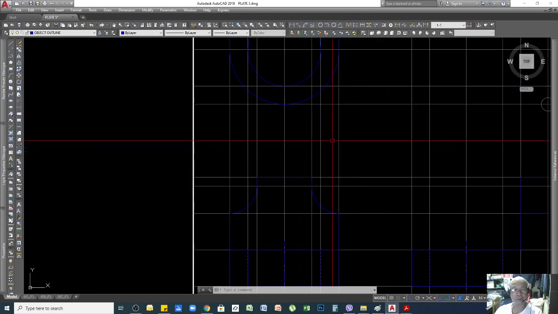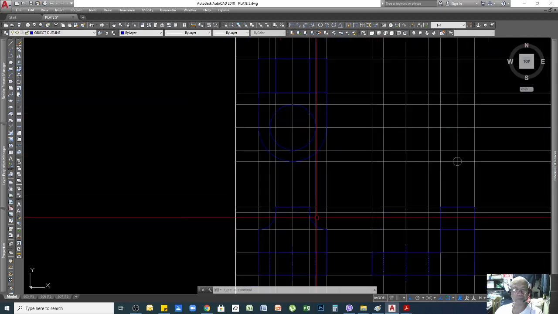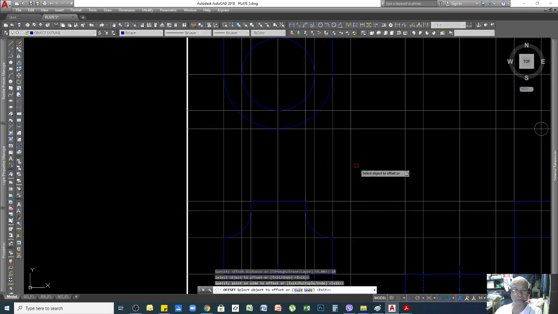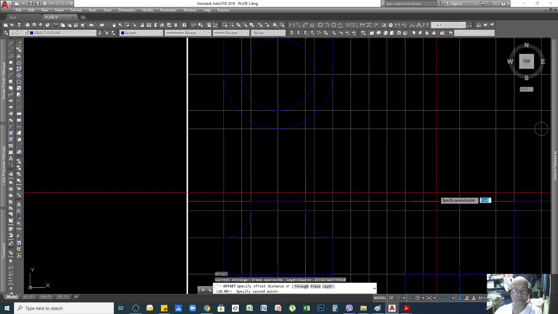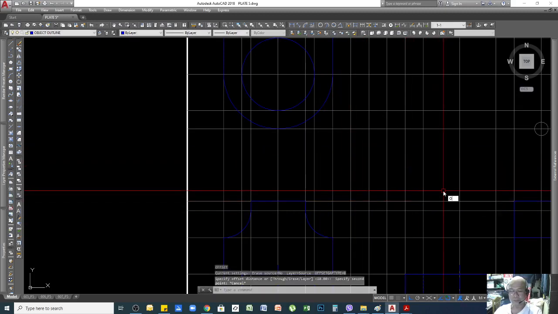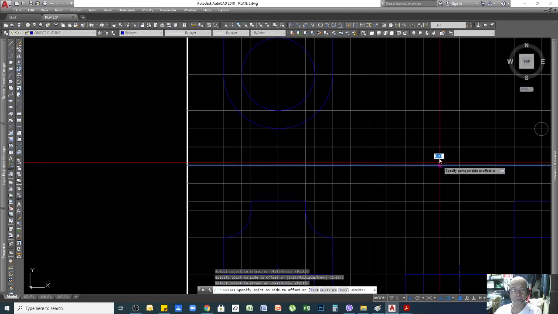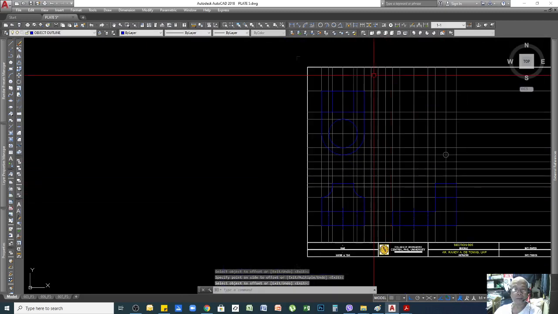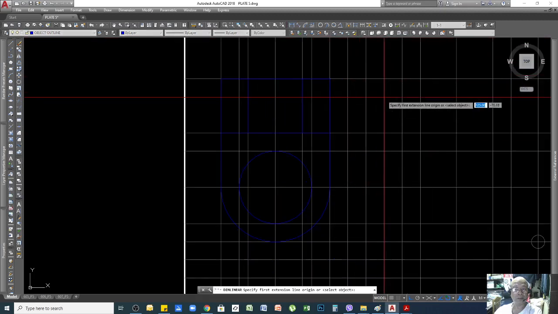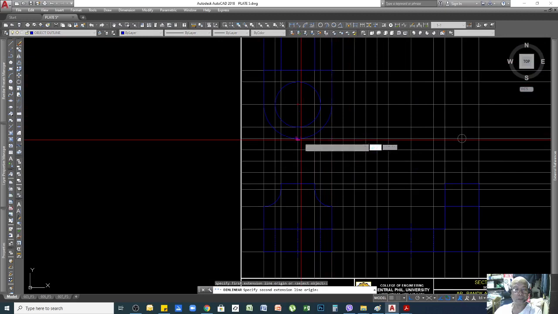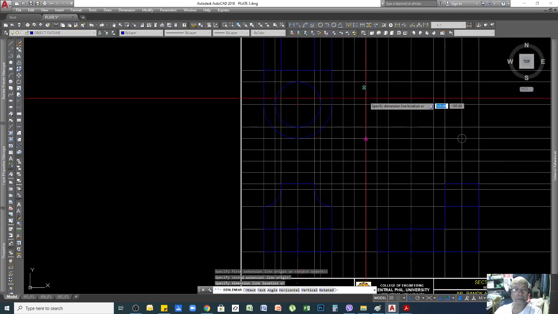Now since everything is done for my three views, I can already put lines at 10 units offset each, and then I can use this, 1, 2, 3, and then use the command line.